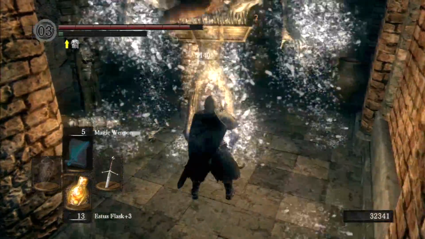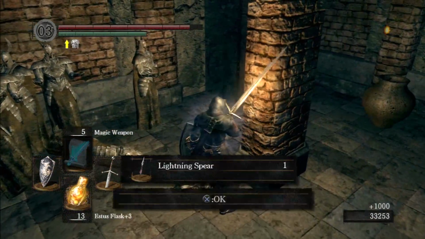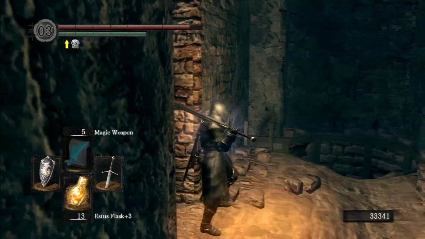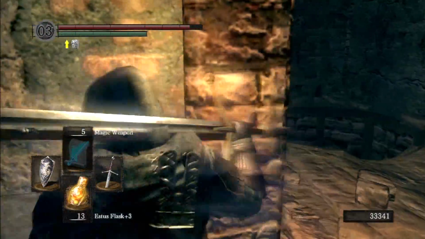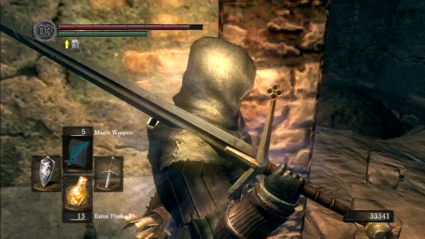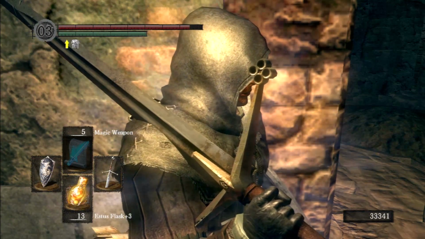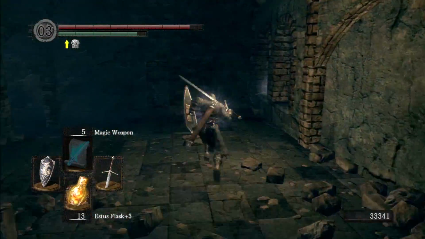This particular mimic will drop a lightning spear, which is going to be the first lightning element weapon that you will get in the game. And now, before you proceed to the next part, notice there's a hole where the boulders go down to. If you wait for the hole to fill up and wait for the boulder to bust through the wall, you'll be able to access the